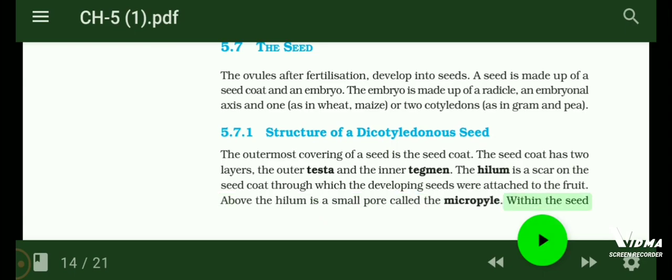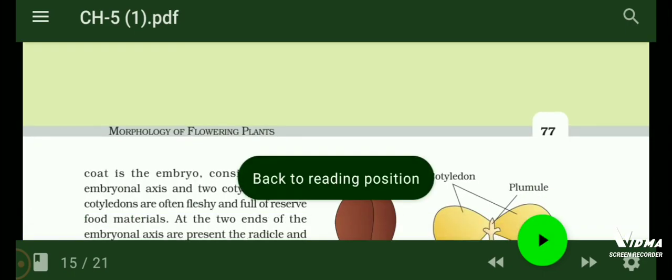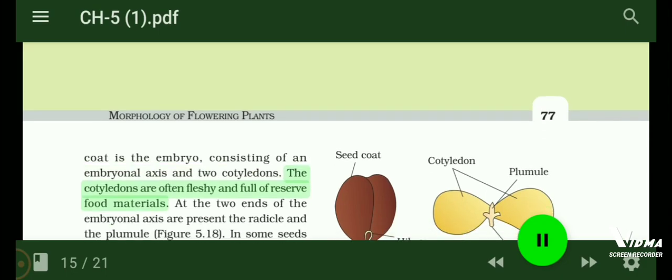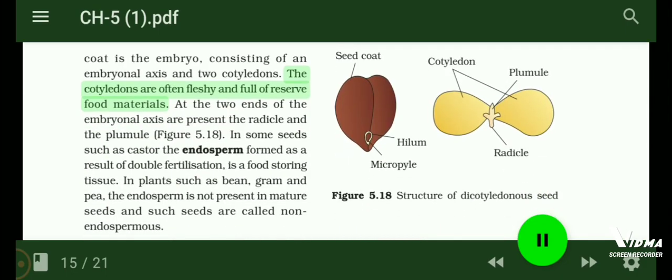Within the seed coat is the embryo, consisting of an embryonal axis and two cotyledons. The cotyledons are often fleshy and full of reserve food materials. At the two ends of the embryonal axis are present the radicle and the plumule. Figure 5.18. In some seeds such as castor, the endosperm formed as a result of double fertilization is a food-storing